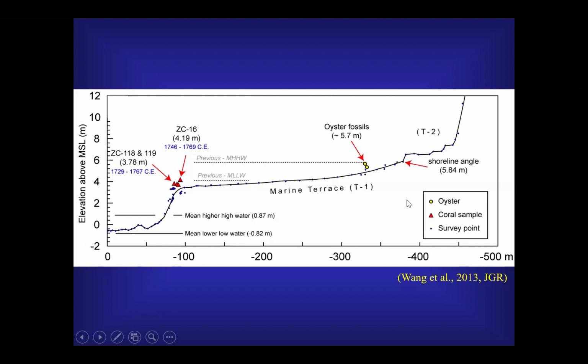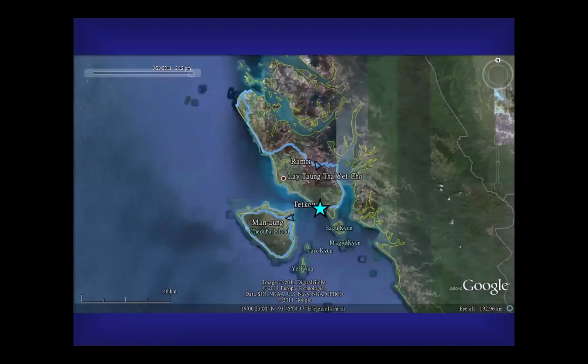Based on this information, we know that the 1762 earthquake had a co-seismic uplift of about 5 meters at these particular sites. This 5 meters is actually quite large. However, if we go to other places, the situation is relatively different. For example, there is a site in the southwestern coast of